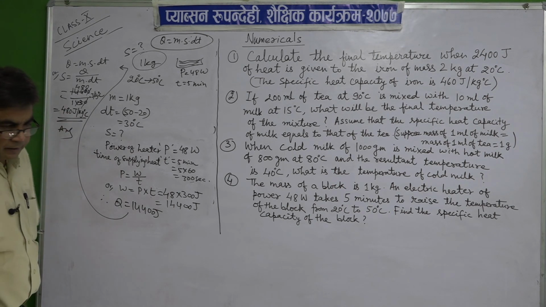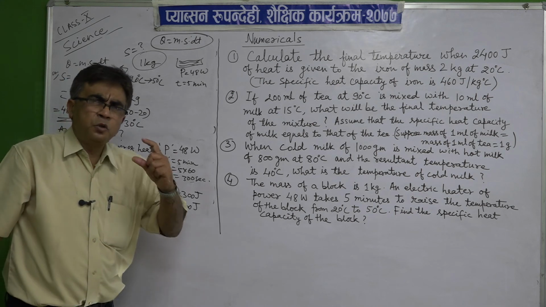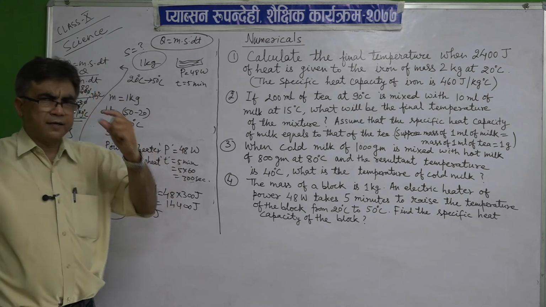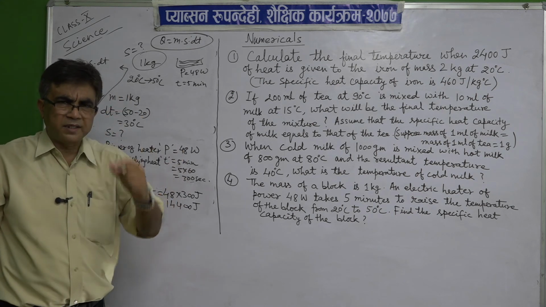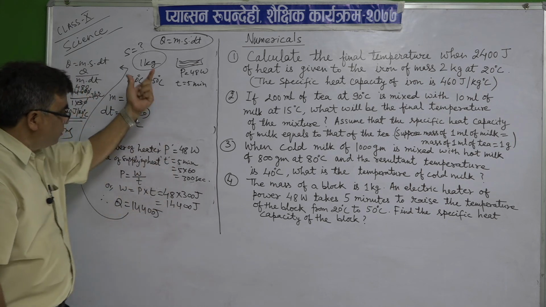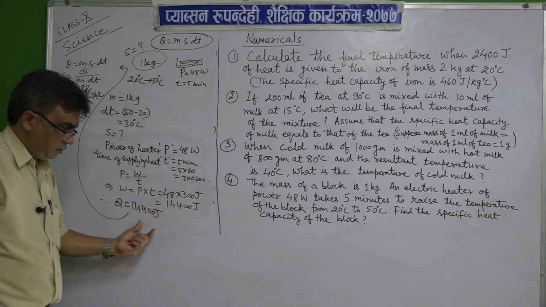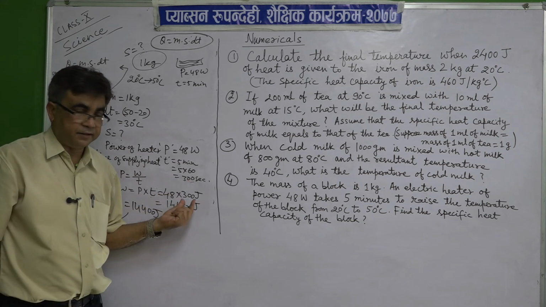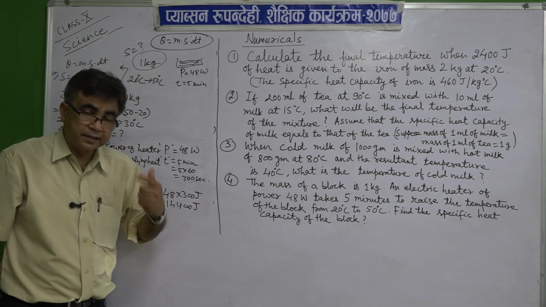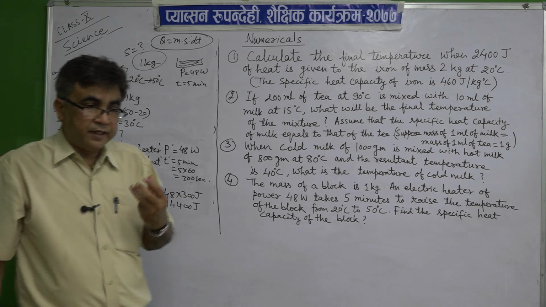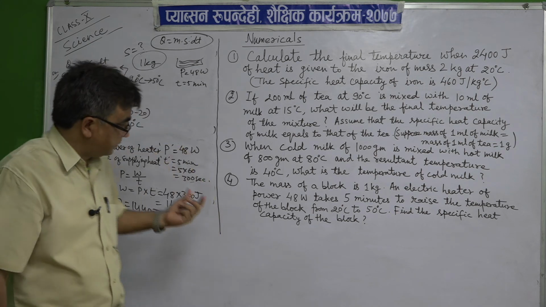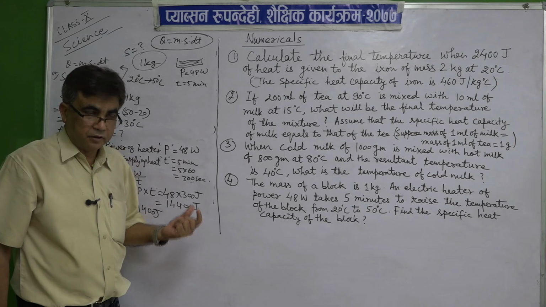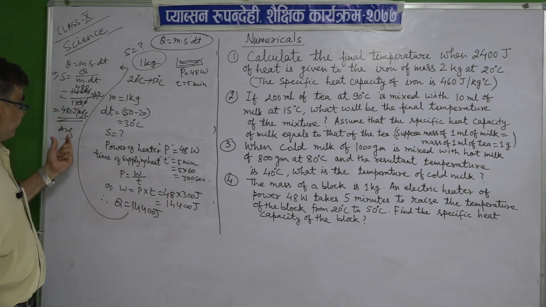Okay. So whenever you do any numerical, it's my humble request, you must go through once again. You know, a very silly mistake I have done. A zero I have left. Sometimes it happens. Even very good students commit such mistakes in their exam. So you have to be very much careful. Okay, clear?